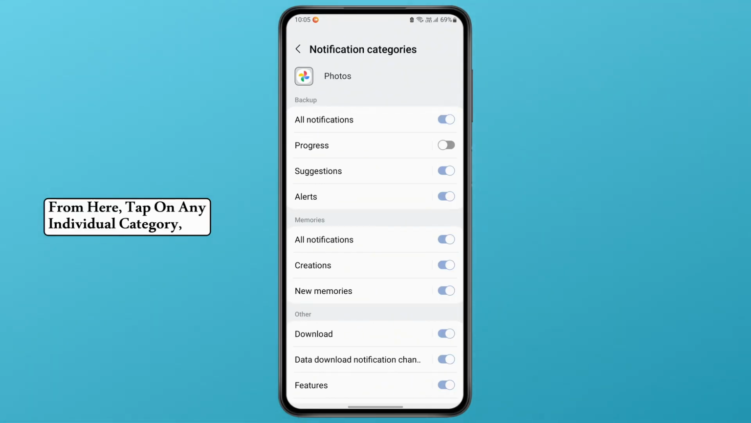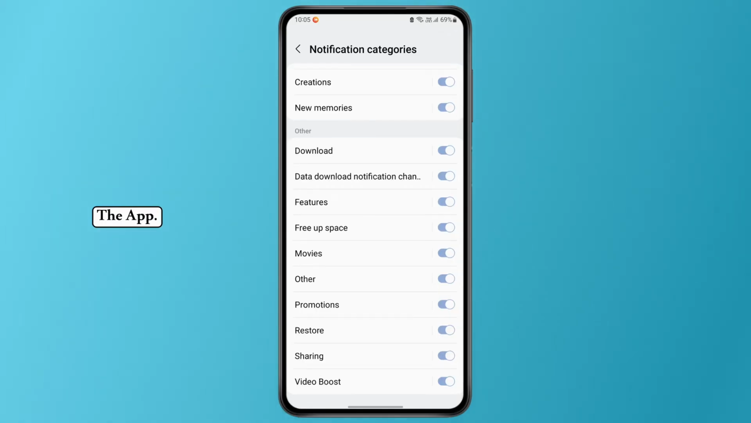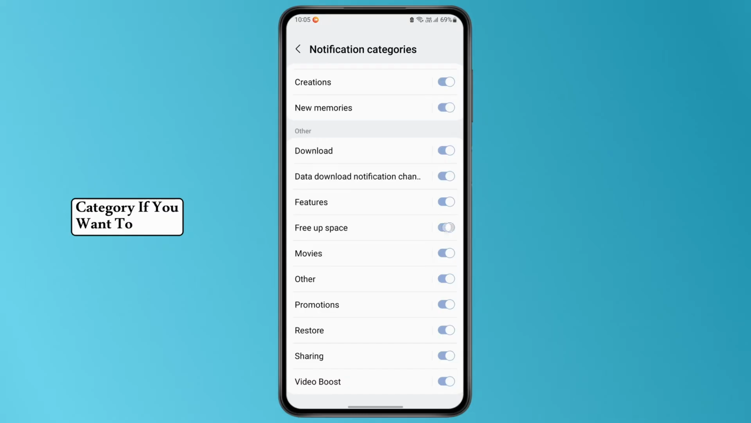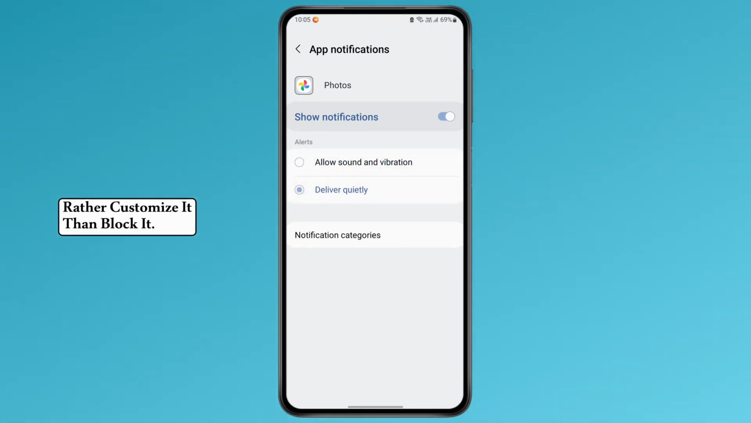From here, tap on any individual category, such as comments or reminders, depending on the app. At this stage, turn off the toggle for that category if you want to stop just that specific type of notification. Following this, adjust the sound or alert style for that category instead if you'd rather customize it than block